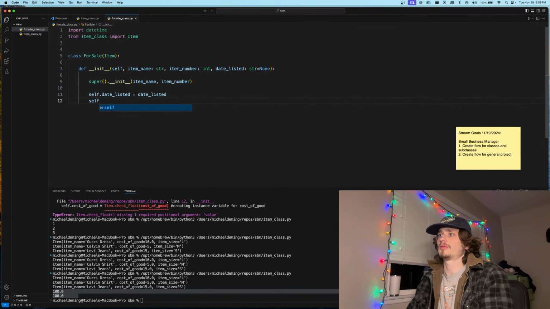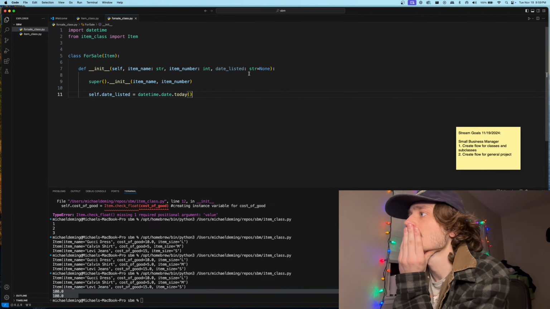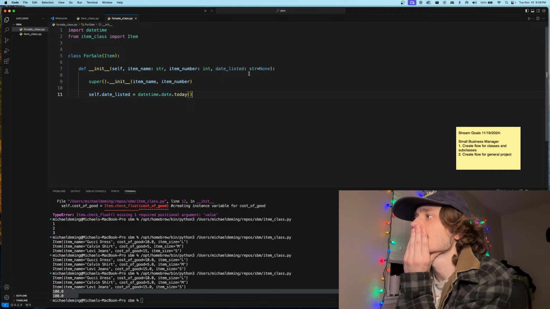We self dot date listed is equal to datetime dot date dot today. No, I don't want to have a default value of none. We set it today. And then